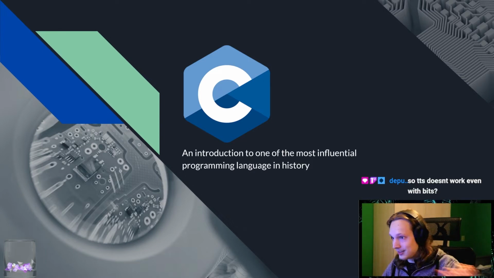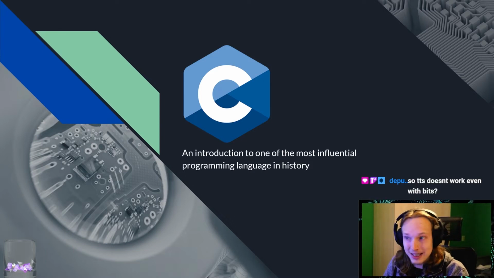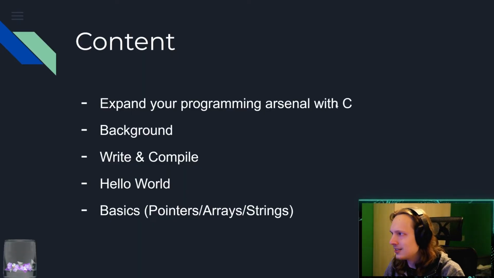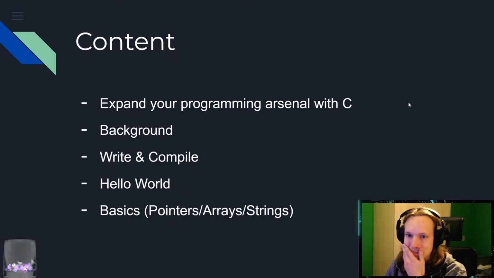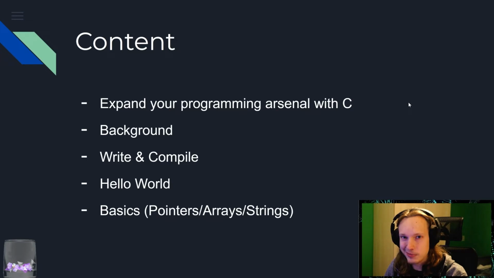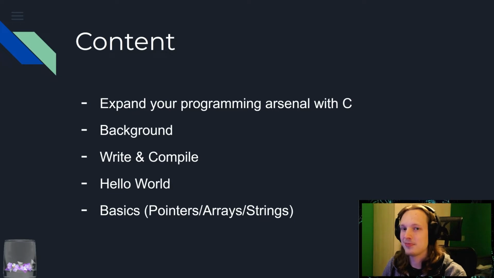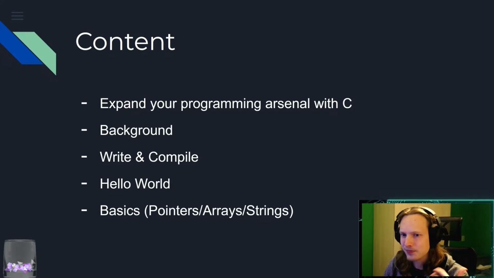Anyways, yes, one of the most influential programming languages in history. Well, you've just heard me say that. C++, C Sharp, Java are based on C. And really, not just that, right? Python, for example, and PHP, I believe as well, are built with C. Of course, it's not purely C, but the interpreter is programmed with C. So it's a very influential language.